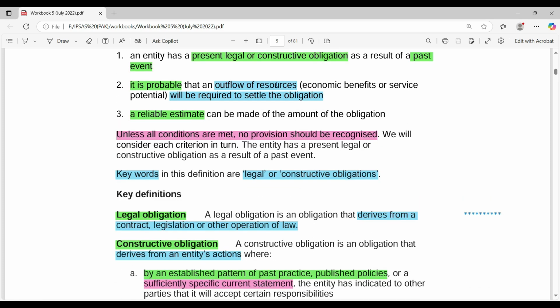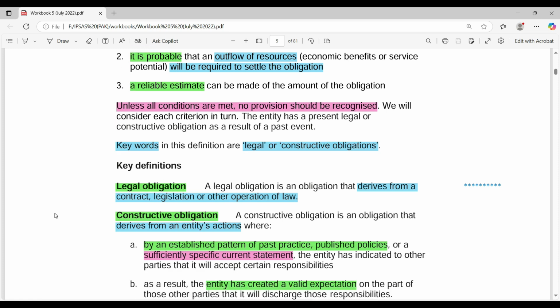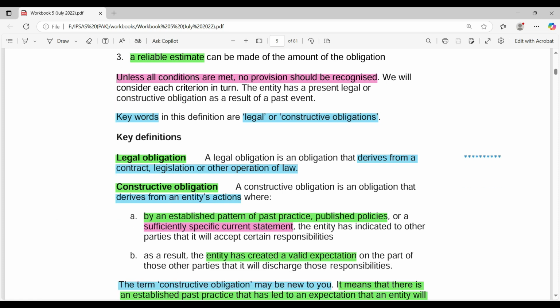Here we see present legal or constructive obligations. What is a legal obligation? A legal obligation is an obligation that arises from a contract, legislation or other operation of law. And a constructive obligation is an obligation that derives from an entity's actions, whereby an established pattern of past practices, published policies or sufficiently specific current statements